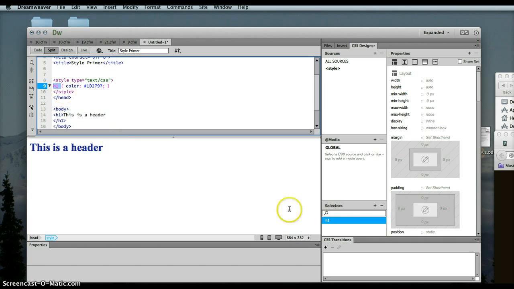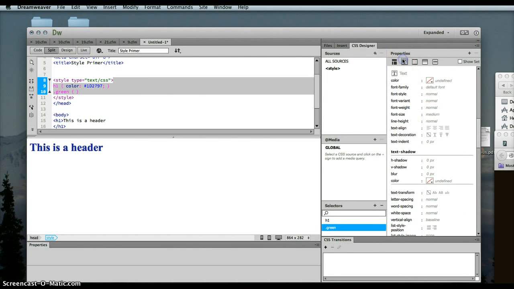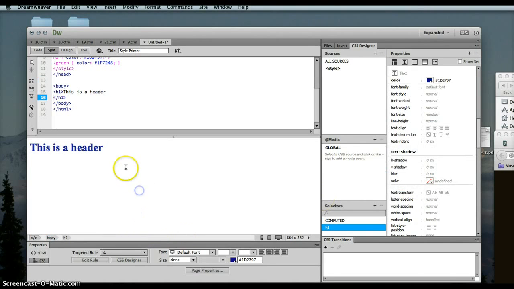Now, I'm going to create another style. This time, click the plus sign, go down here, and I'm going to call it .green. You do have to put the dot in there. That's what throws me a lot, because back in the old Dreamweaver days, I just said class, boom, there's your dot. Now you have to type it in yourself. Hit return. This time I'm going to select the text area, select the color, and slide up to green. Again, I'm just using some random green color. There's my hexadecimal value, and I'm going to hit return. And as you can see, that does nothing to the color of